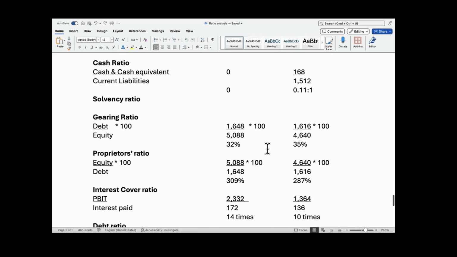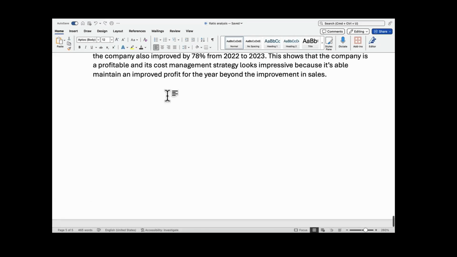the ROCE, the return on capital employed, improved from 22% in 2022 to 25% in 2023. Full stop. Then my second sentence will be, this shows that